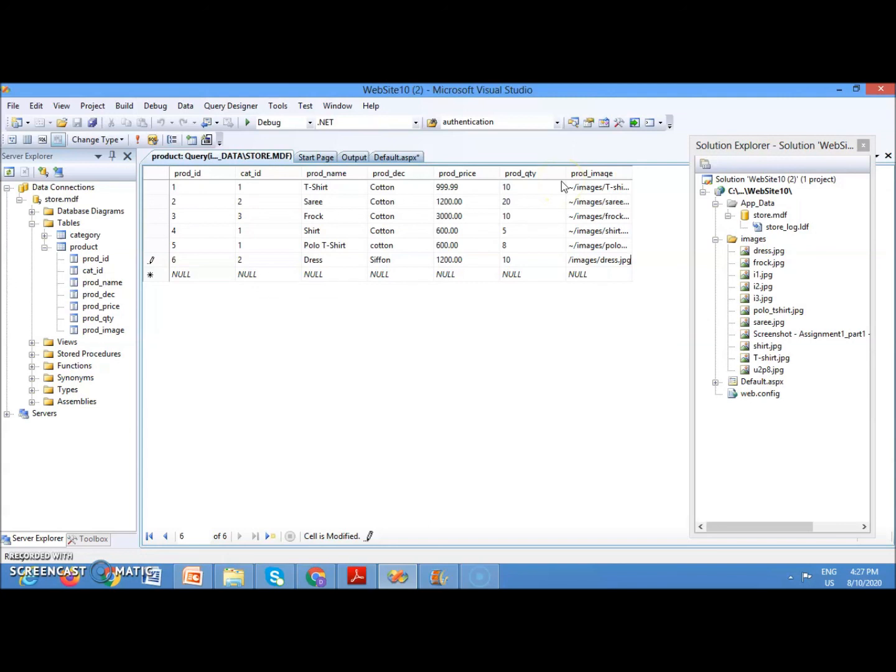The actual image itself is not stored, but the path of the image is stored, which means when you want to display the image of the product at the user side, it has to fetch that particular image from the given path. So your actual images are stored in this particular path, under the root in the images folder. In this way you can store the path of any image in a database.